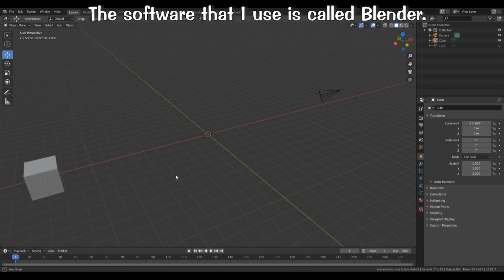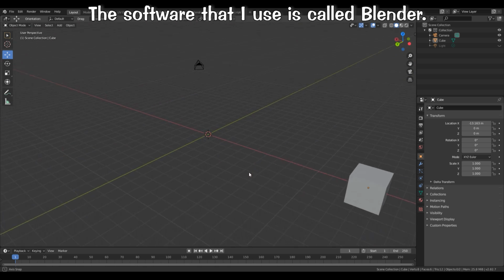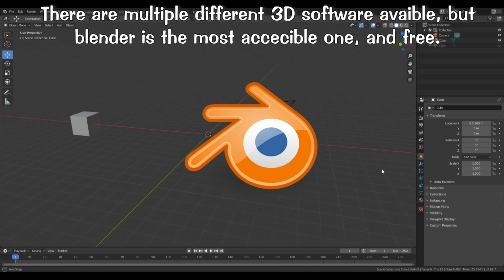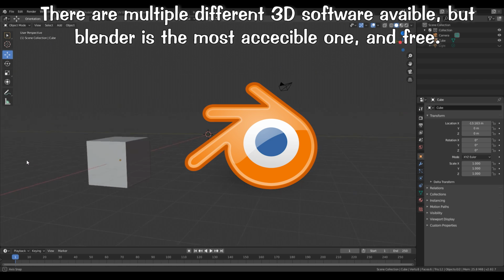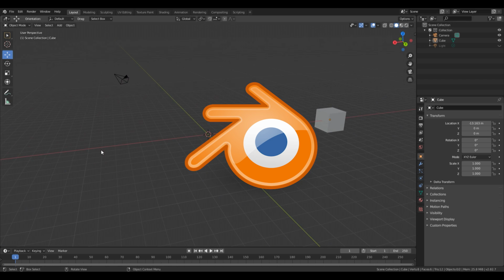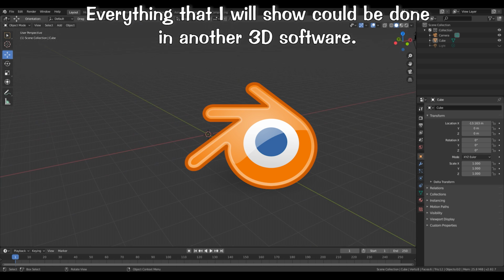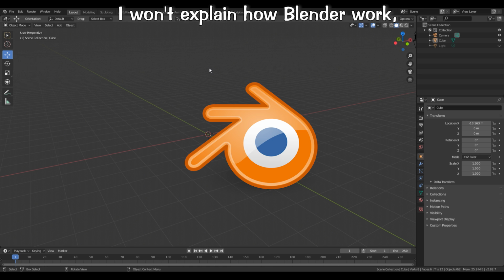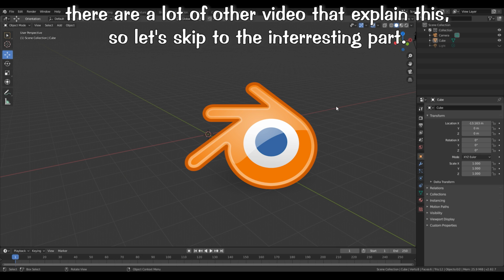The software that I use is called Blender. There are multiple different 3D software available, but Blender is the most accessible and it's free. Everything that I will show could be done in another software, but for the video I'm using Blender. I won't explain how Blender works, there are a lot of other videos that explain this, so let's skip directly